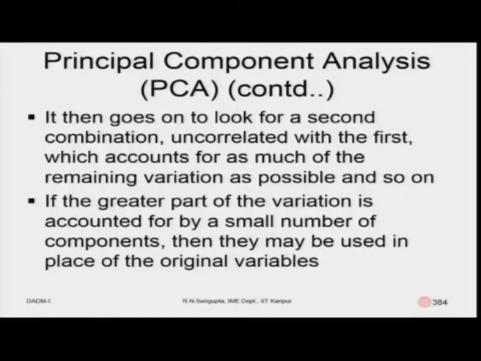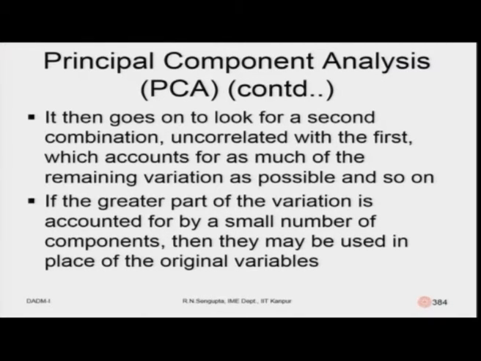The method of PCA then goes on to look for a second combination, just what I mentioned. Once you find out the dependent structures or the combinations for the first stage, we glean out and take down the information. In the next stage, out of the left amount of dependence, we find the second combination, which gives us the second ranking of the information structure. So, that is what is mentioned.